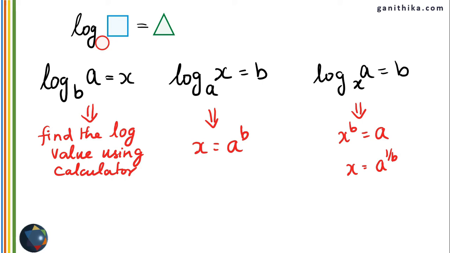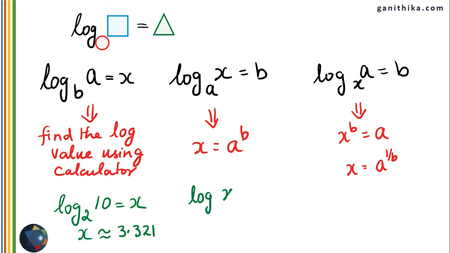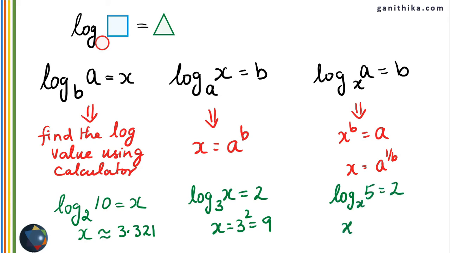Logarithmic equations will be converted to exponential equations, and whatever we have learned just before for exponential equations can be applied here. So in the first case, if I have the example as log 10 base 2 equal to x, just use your calculator to find what is log 10 base 2, and in this case it is 3.321, therefore x is approximately equal to 3.321. In the second case, this is just a direct question. Log x base 3 equal to 2, therefore x is equal to 3 square. 3 square is 9, therefore x value is 9. The next equation is a polynomial equation. Log 5 base x is equal to 2, and therefore x square is equal to 5, making x equal to square root of 5.